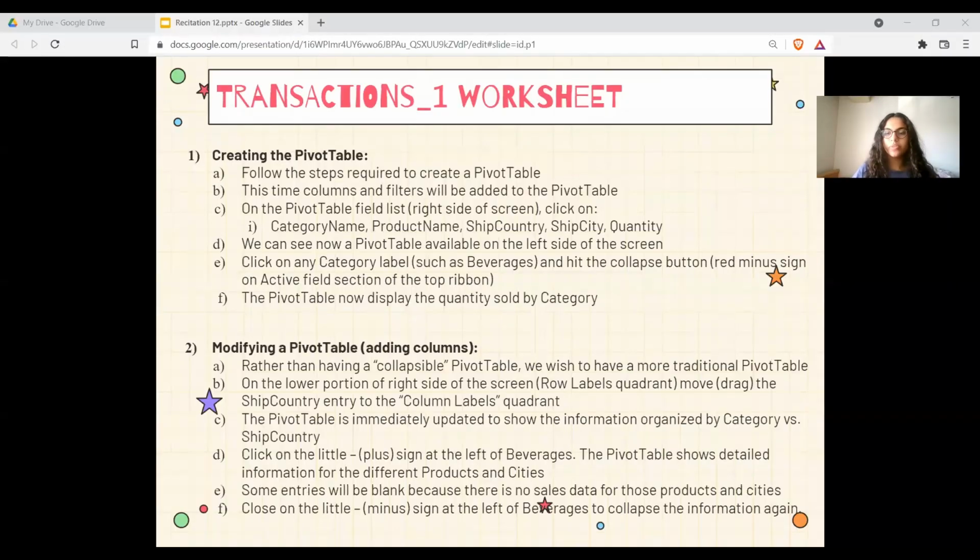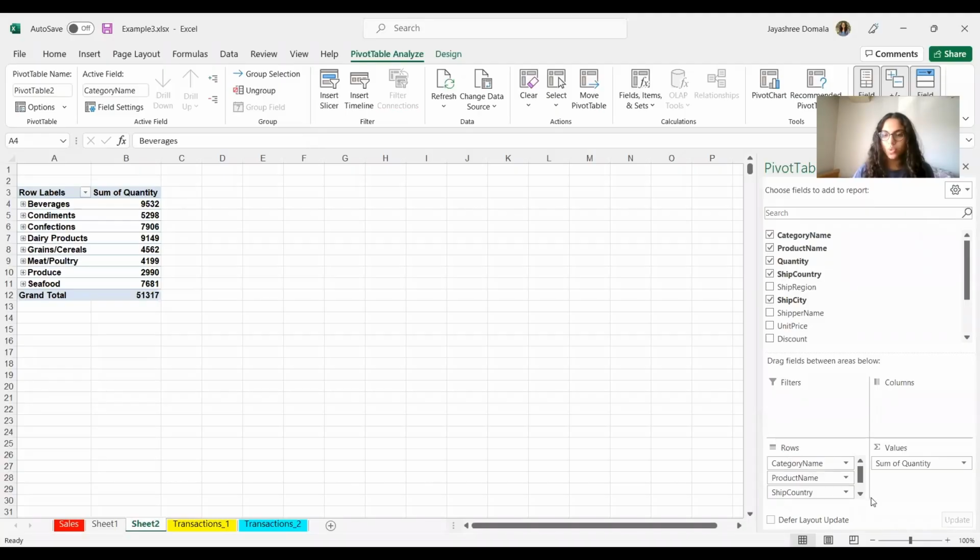So next is modifying the pivot table. Here I would request everyone to just pause the video and try to follow the instructions, then come back and check how it is done. The idea is that instead of a collapsible pivot table, let's try to create a traditional pivot table. On the lower portion of the right side of the screen, just try to drag ship country to the columns label quadrant. You have the ship country over here in the rows quadrant. Just drag it to the columns